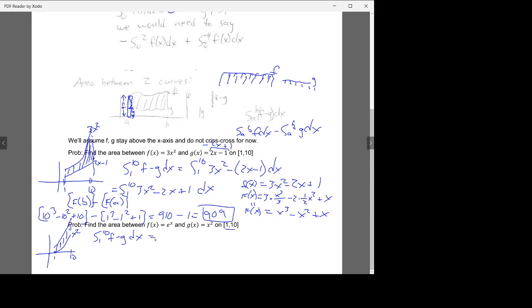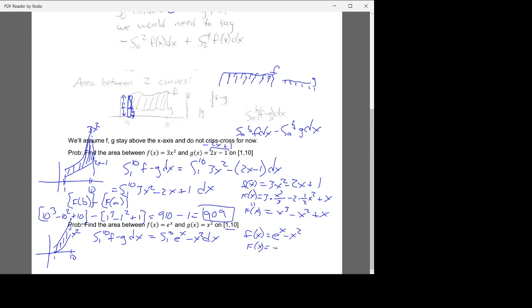But we're going to make easy cases here because we're kind of looking for producer and consumer surplus in the next lesson. That's where we're going with this. We won't have to worry. So e to the x minus x squared dx. So f of x, in this case, little f, is e to the x minus x squared. And the big F of x, the antiderivative of that guy,